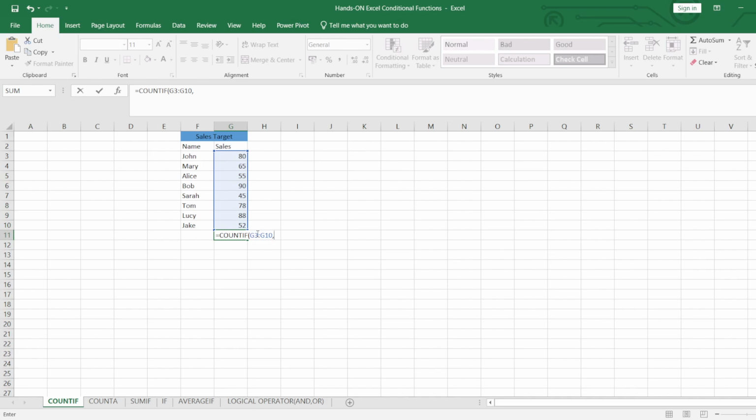Then what I'm looking for is sales that is above 70. I'm going to write it inside a quote. Here is our formula. I'm going to write it inside this quote. So it's going to be greater than 70. Greater than 70. So four people